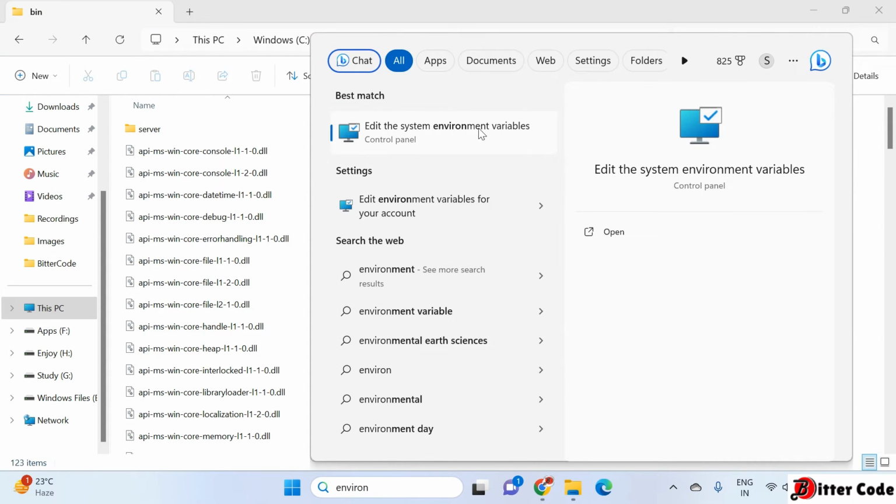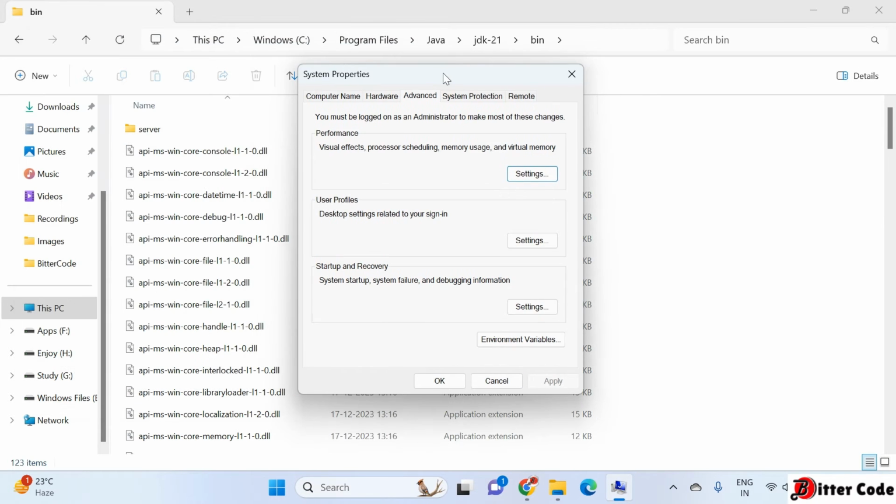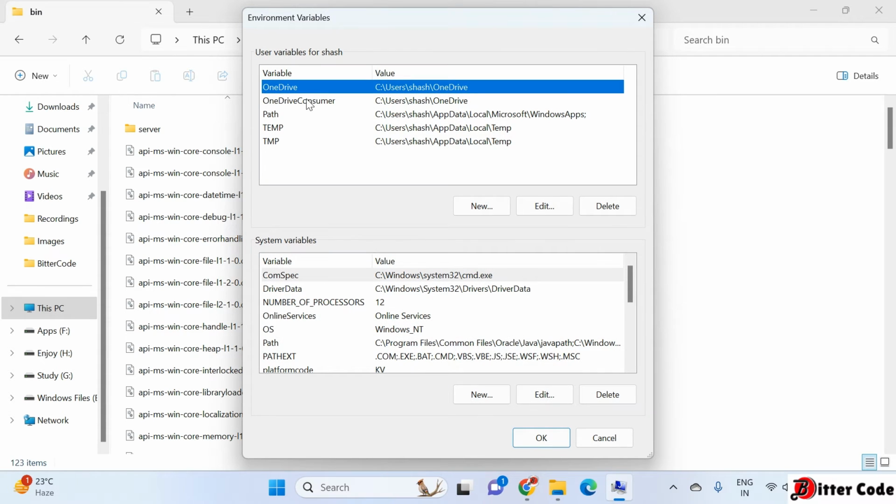So you can see there is the system environment variable option. Just click on that. If you don't have system access, you can directly go to the user environment variable. Now click on environment variables, and here we have two sections: user variables and system variables. It's better to keep it inside system. So now here